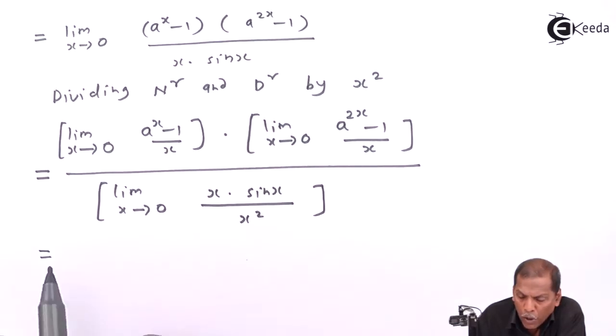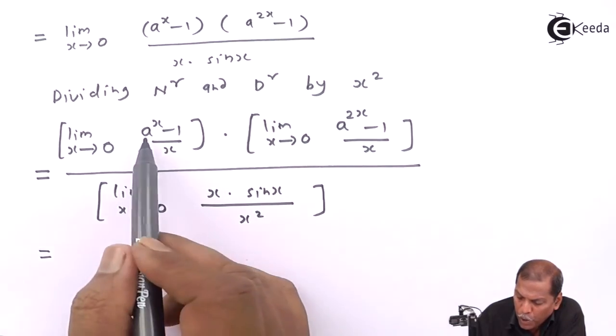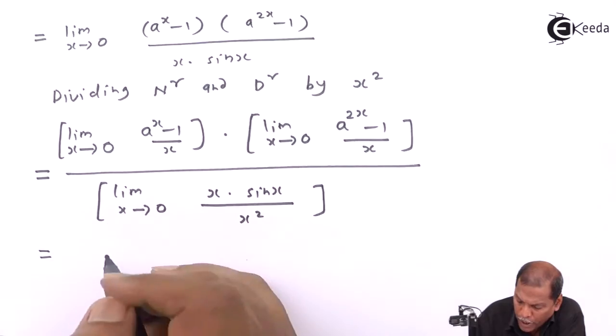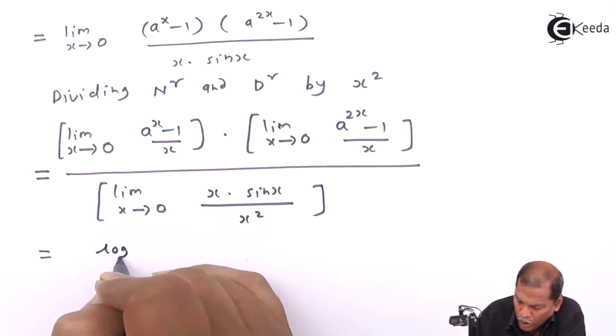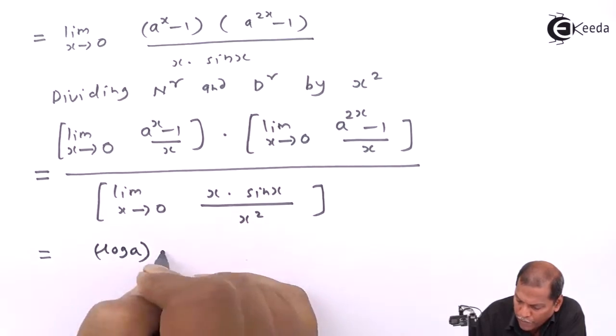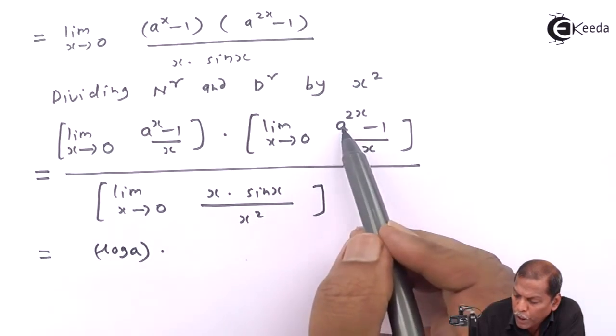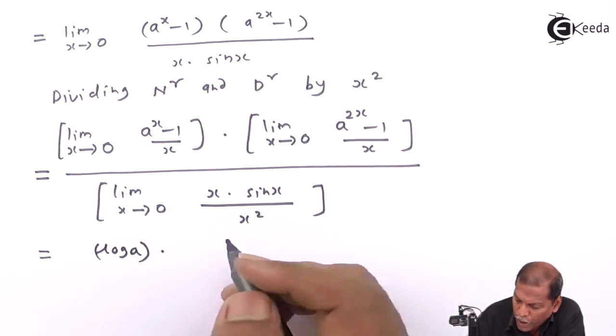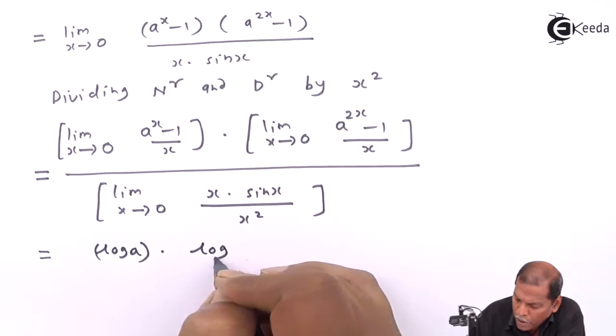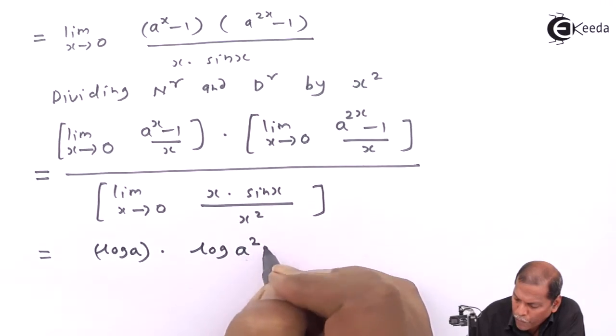Now by using the rule, limit x tends to 0, (a^x minus 1) upon x gives the answer log a, into limit x tends to 0, (a^2x minus 1) upon x, which gives the answer log of a square,